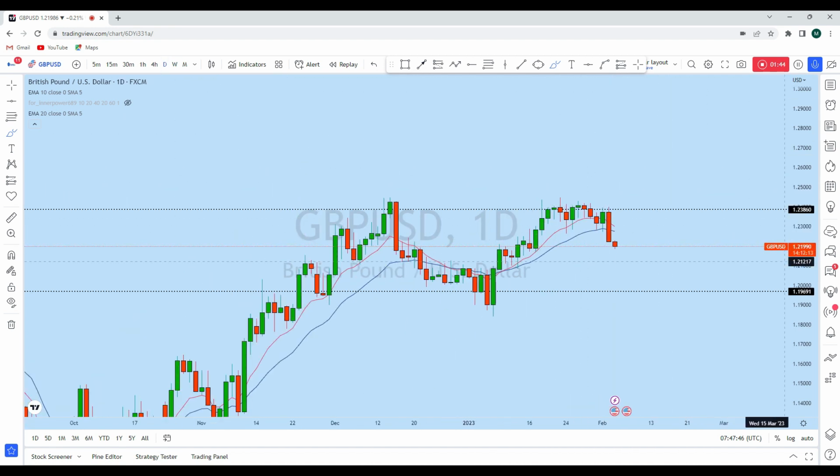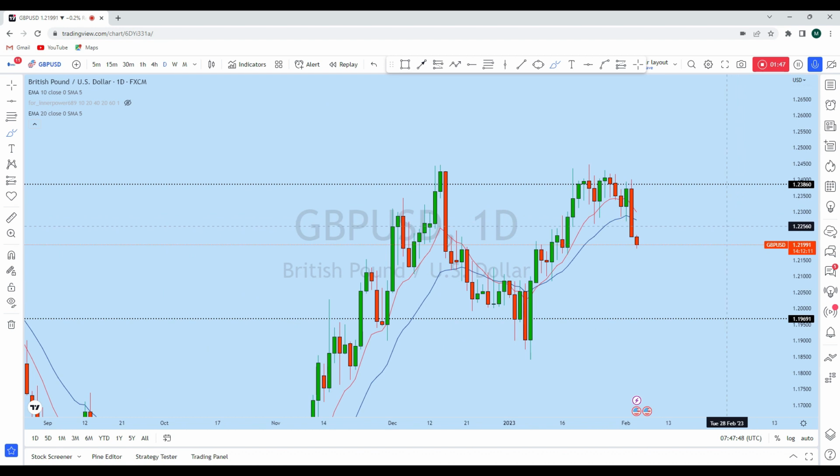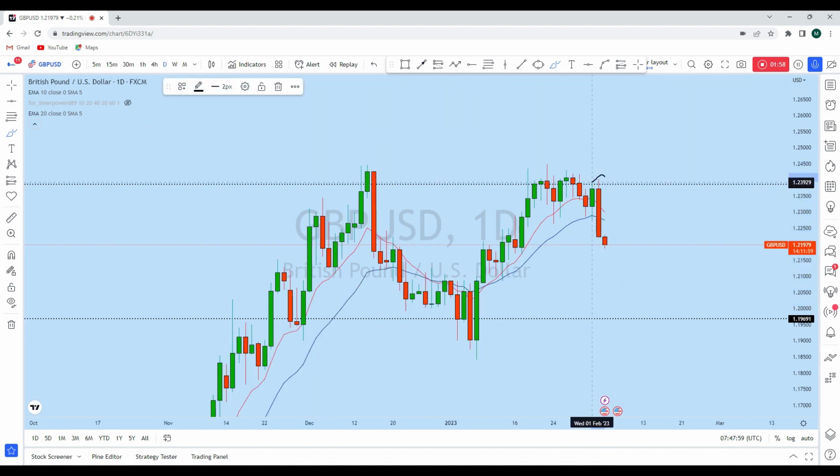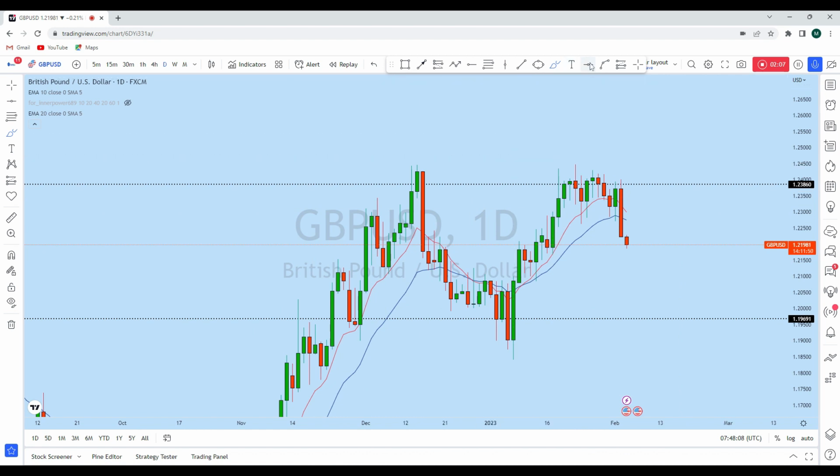Looking at the daily time frame to see how the price action is formed, we see that British pound US dollar on the daily time frame has created a head and shoulders here. As you can see, the price has created a typical head and shoulders, and yesterday we have seen a breakdown from this head and shoulders with this long daily bearish engulfing. With that head and shoulders, you can see the price basically could not break this daily resistance. In fact, the price consolidated and created a head and shoulders, a sign that GBPUSD is reversing from here